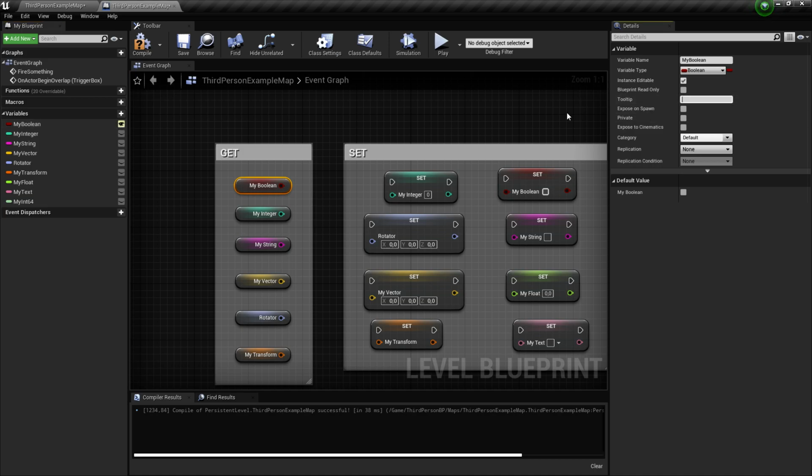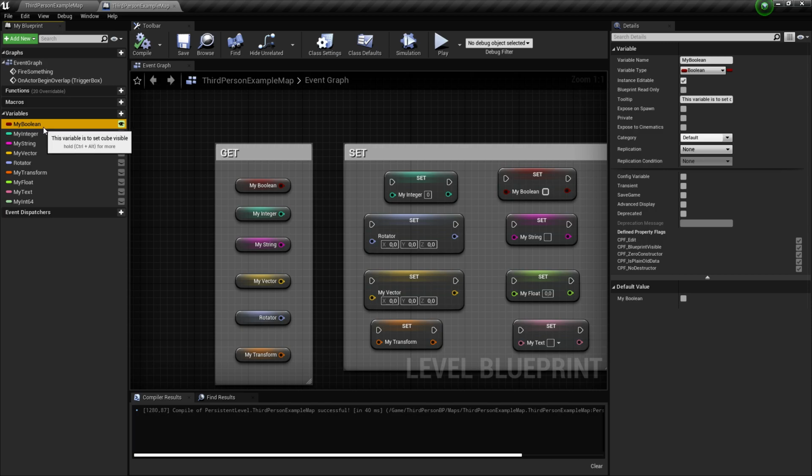Tooltip is just when you hover the mouse over this variable, a little description of what you can do with this variable. So let's admit I'm going to set cube visible, set cube visible, this is to set the cube visible. Alright, so here done green, compile, save, and now this variable is public.